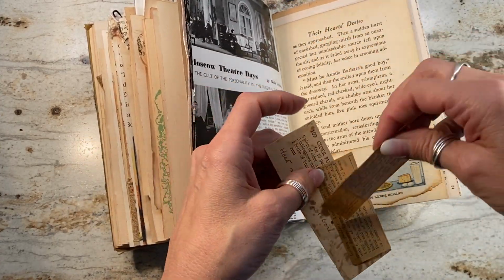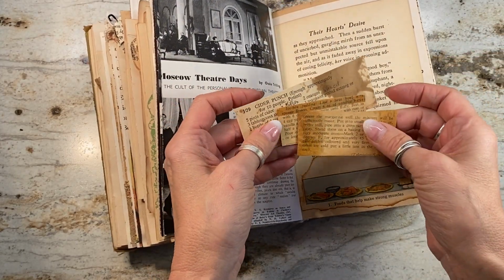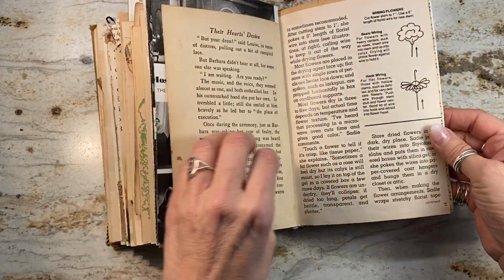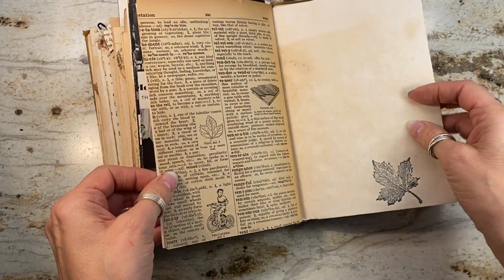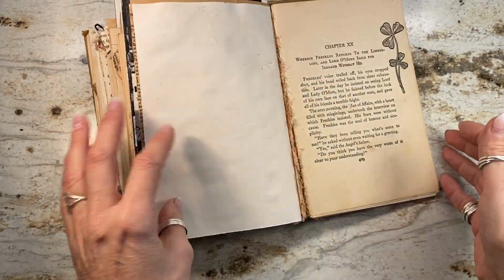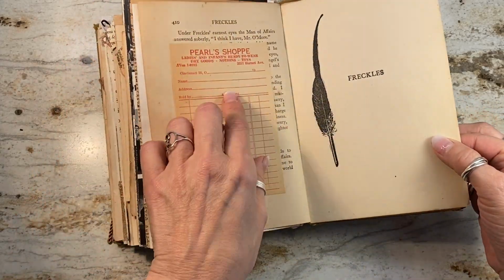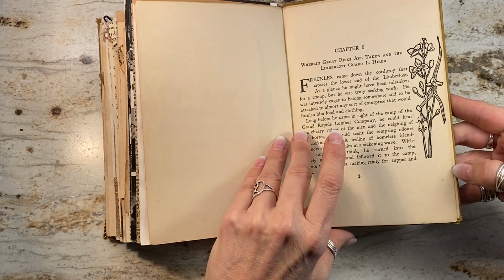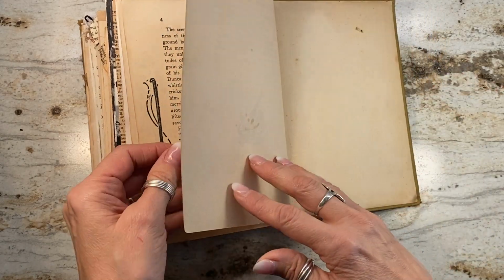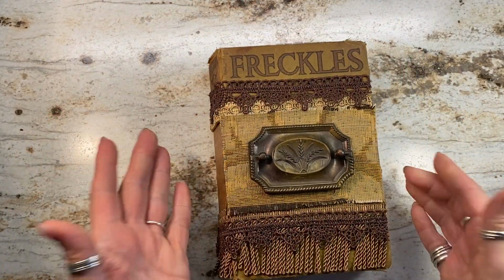Oh my goodness. And these fell out of a cookbook. They're little recipes. Aren't they fun? Somebody took the time to clip them and tape them in, and I didn't want to throw them out because they're fun. More the same on the signature pages, and a wonderful vintage dictionary page here. And just some more of these lovely original pages, the 1950s receipt from Pearl's shop in Cincinnati, and more of the original book pages because I like to get the last pages of the book in if I can as well. So there, it's going on Etsy, or actually it's already on Etsy,